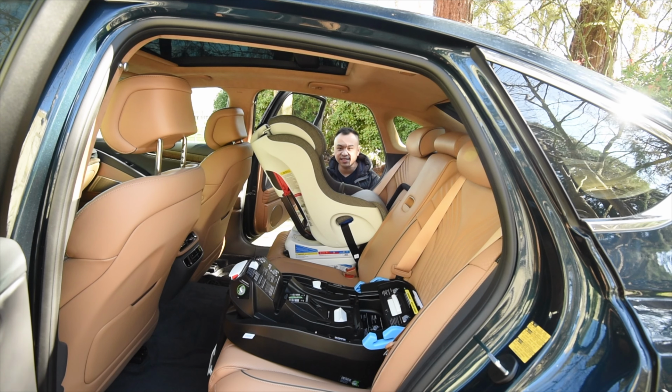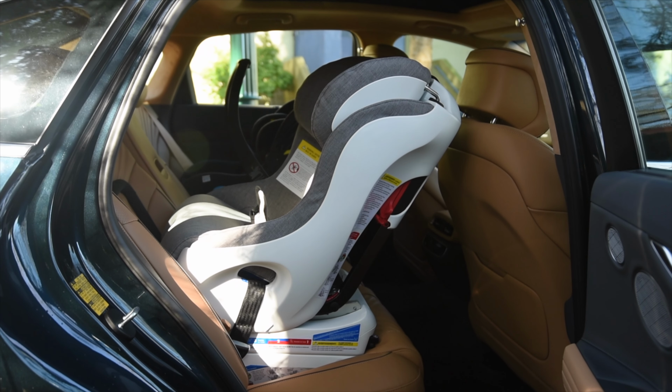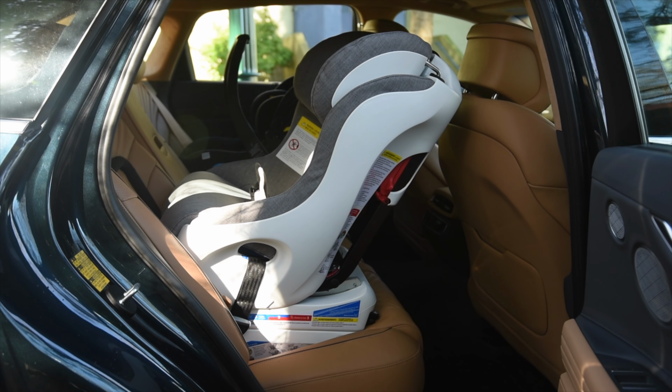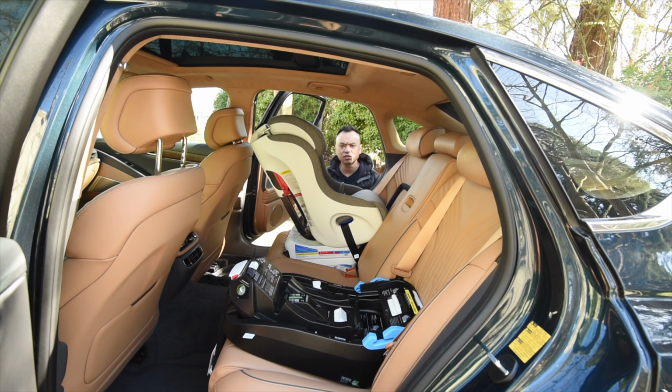And welcome to the back seat of the G80. As you can see, I have the Foonf installed very nicely here on the passenger side, and I got the base for the Liing installed on the driver's side. There wasn't too much complication installing the seats. There's plenty of room on the top, as well as the seats themselves are low enough for me to install